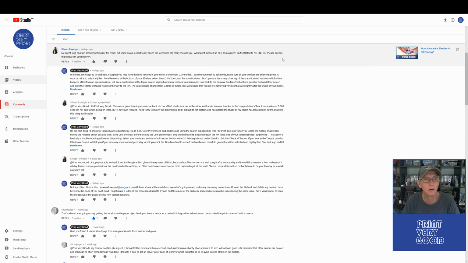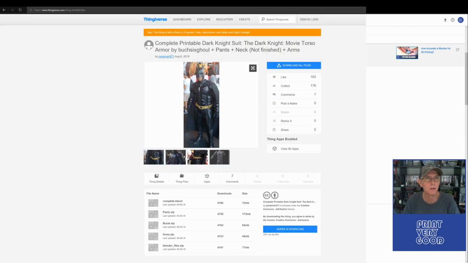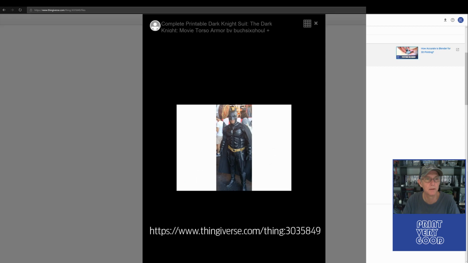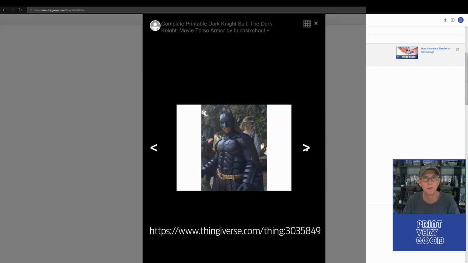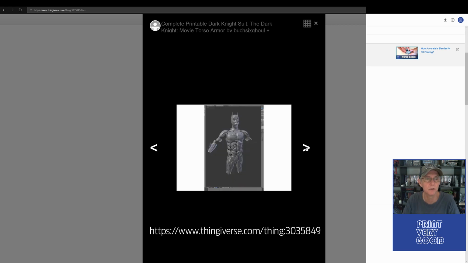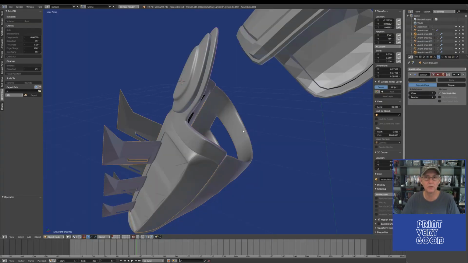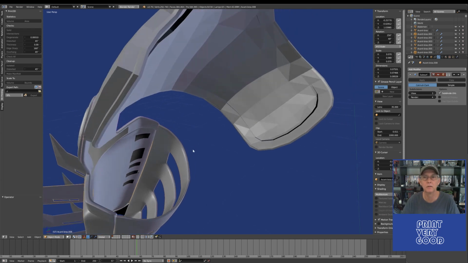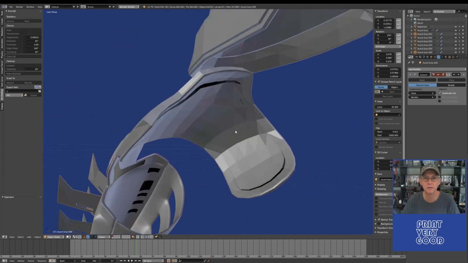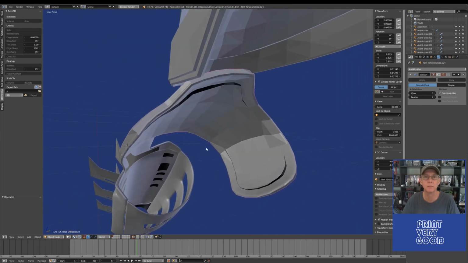I downloaded the model from Thingiverse and opened it up. It's a Blender file, and I opened it up in Blender and saw that the geometry was only one wall thickness thick. It was just like a shell rather than a three-dimensional piece of geometry. So I took it into Blender and had a look, and you can see this piece is fine. It's got three-dimensionality to it,